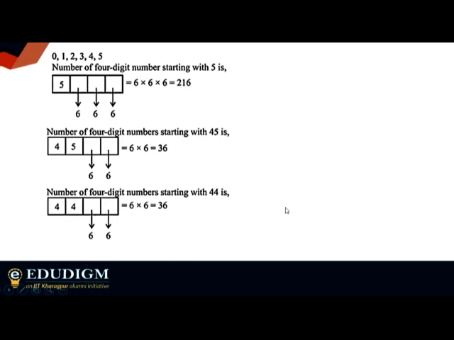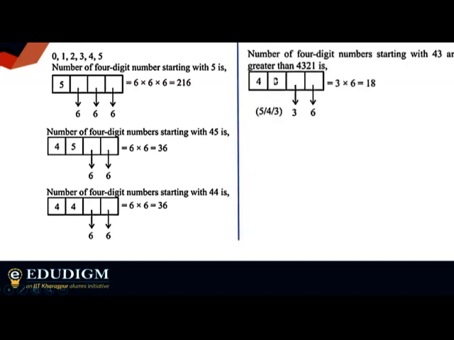I have made different cases so that you have better clarity of understanding. Otherwise, if you take 5 or 4 in these positions, you won't have any restrictions on the rest of the places. Now, this is very important. Now we have taken 4, 3. This is important as we have already come down to 2 places of the given number. So for this one, we have certain restrictions.